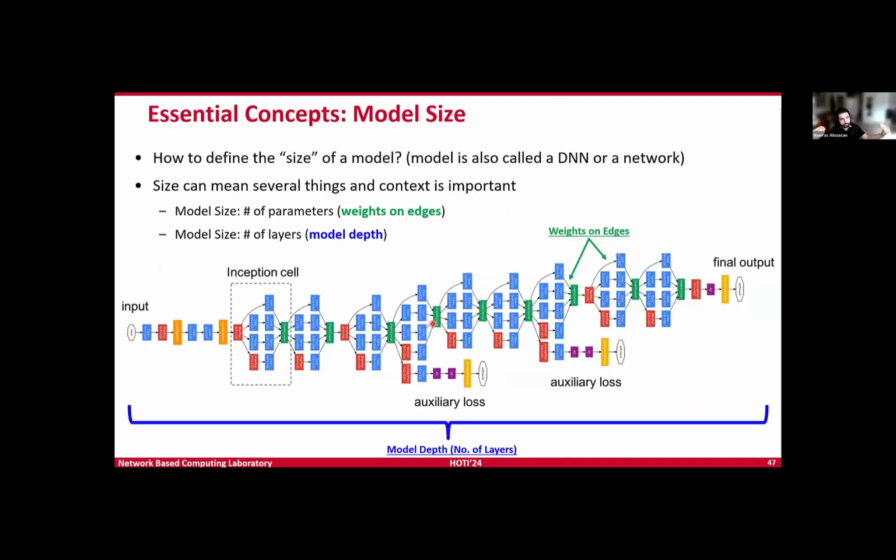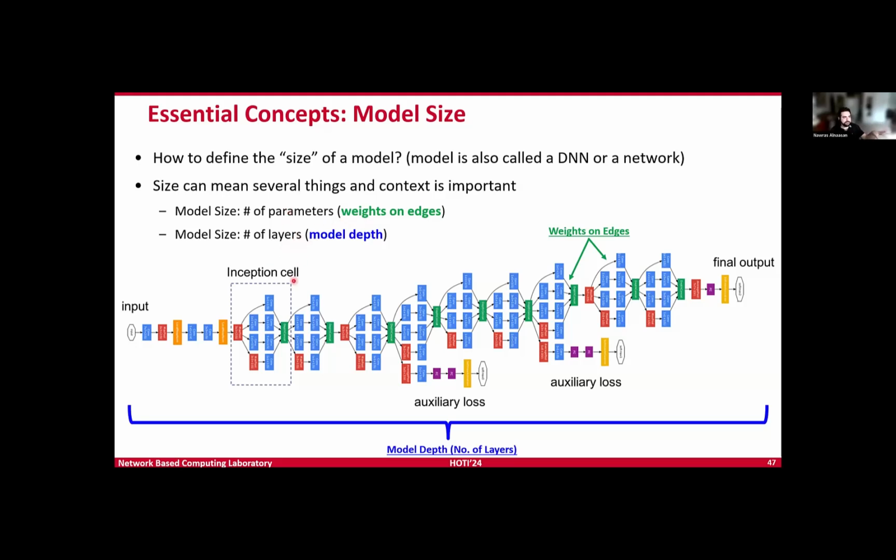We also talked about the model size. We said that the model size is increasing exponentially, right? So what do we mean by model size exactly? There are two metrics to measure the model size. One is the number of parameters. So how many weights do we have in the model? And when we say BERT is 340 million, that is basically the number of weights or number of parameters.